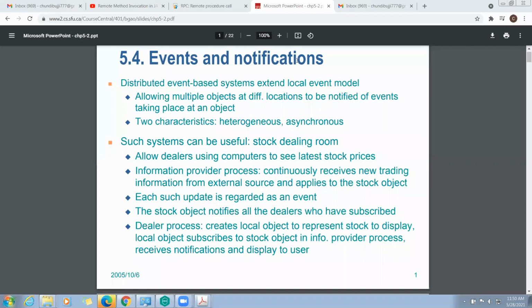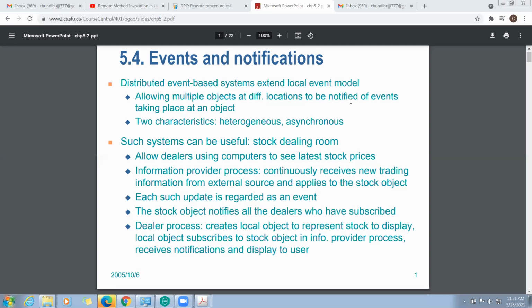What is the meaning of RPC, remote procedure call? In remote procedure call, the client is executing the procedure. Executing the procedure means it is accessing an object which is not in the same process or not on the same machine. Here, distributed event-based systems allow multiple objects at different locations to be notified of events taking place at an object.